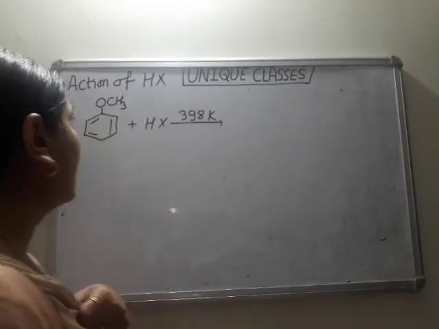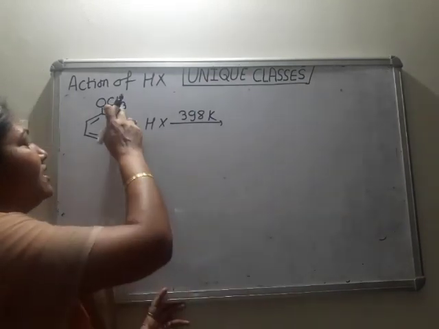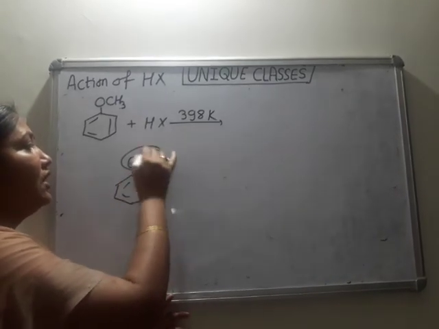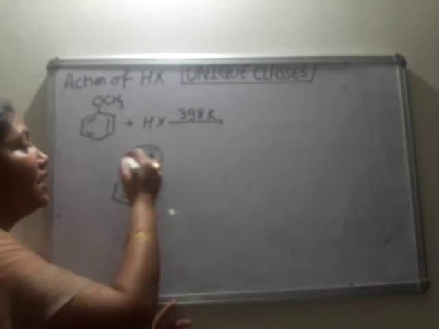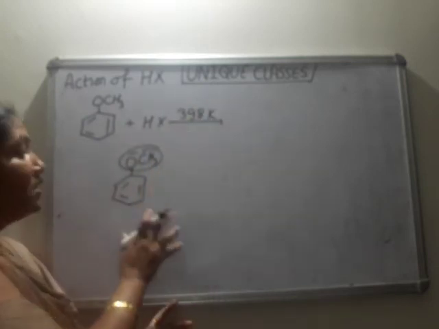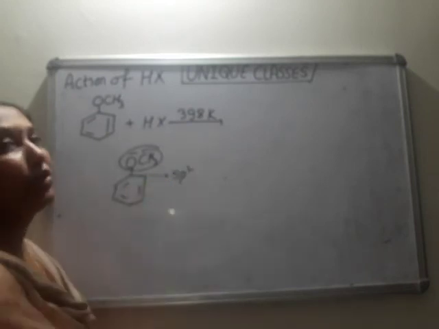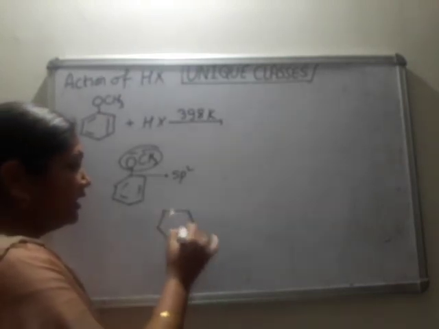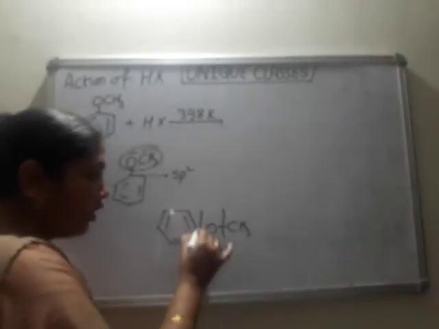So what happens in this case? I told you in halogen derivatives also, it is difficult to remove any group attached to a benzene ring. See here, benzene is attached to OCH3. CH3 is plus, so obviously O is minus, and removal of this OCH3 from the benzene ring is very difficult. Reason: it is attached to an sp2 hybridized carbon. Two possibilities are there, so we can break either this bond or this bond.